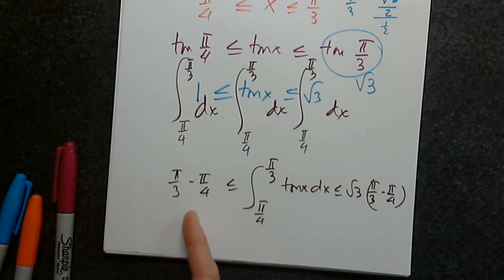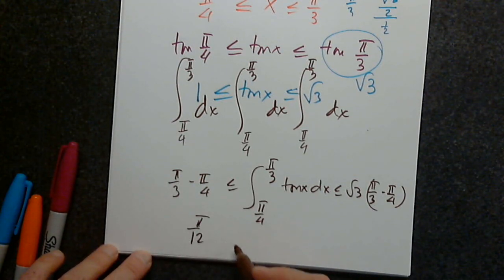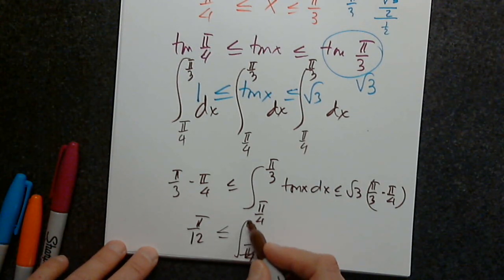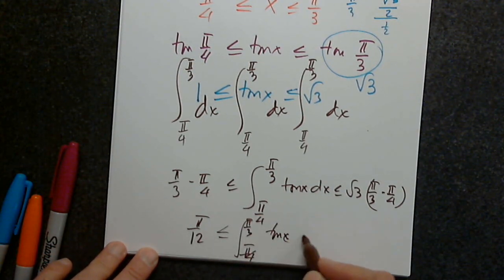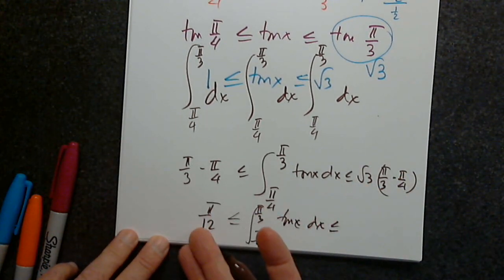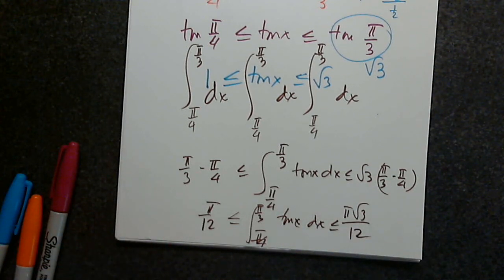So the same thing here. I have the denominator is 12, so 4 minus 3 will be 1. So the left-hand side is pi over 12. And the right-hand side is the square root of 3 pi over 12. So we estimated